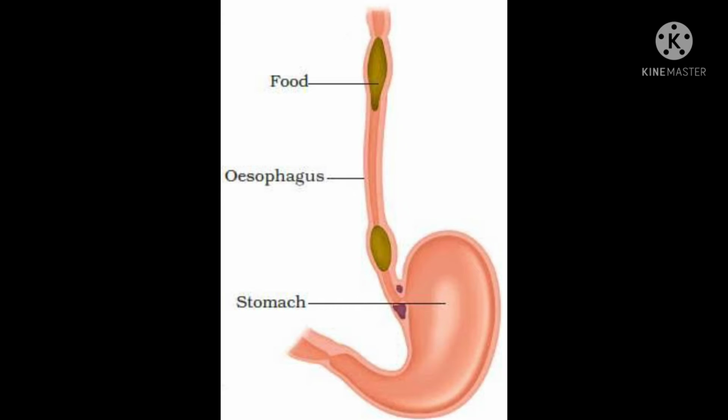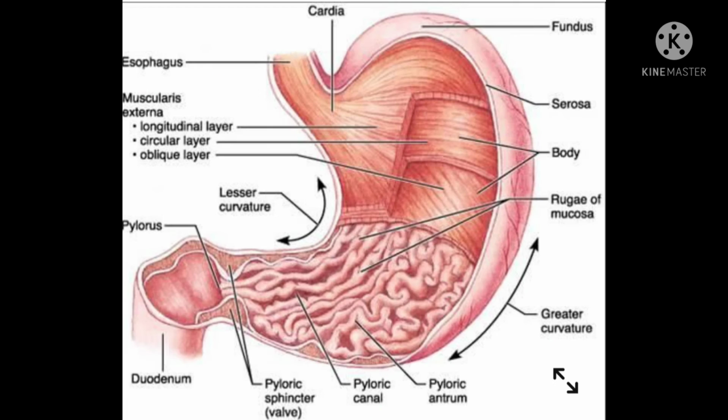The food pipe runs along the neck and the chest. Food is pushed down by the movement of the wall of the food pipe. Then the food enters into the stomach. The stomach is a thick walled bag. Its shape is like a flattened J. You can see in the figure, it is the widest part of the alimentary canal. It receives food from the food pipe at one end and opens into the small intestine at the other.